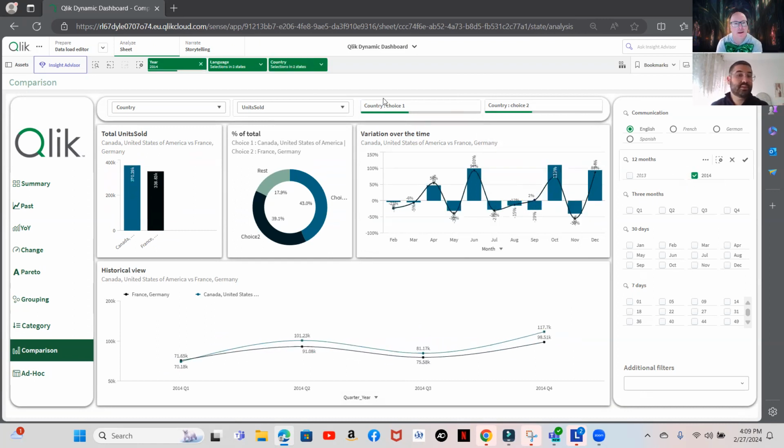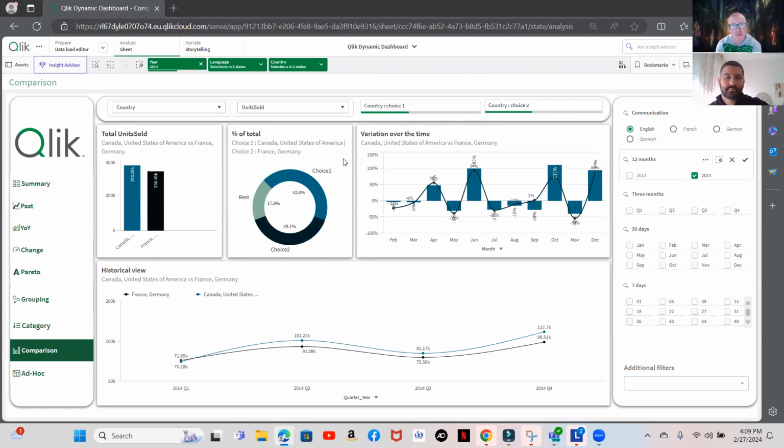I see this in 2014, and it updates for me. And I have this comparison view to be able to see how my data is going in comparison to each other. Now, there's a small little box on this screen, a slice of that donut,